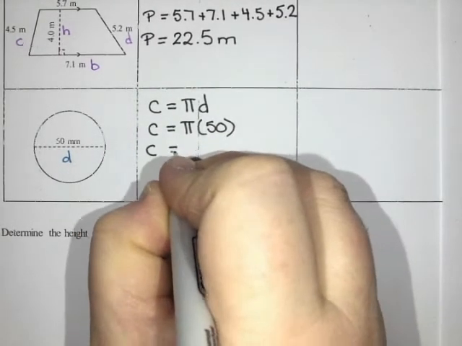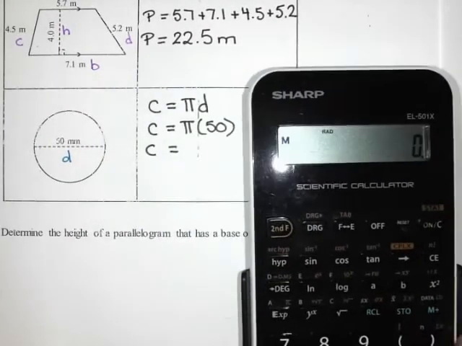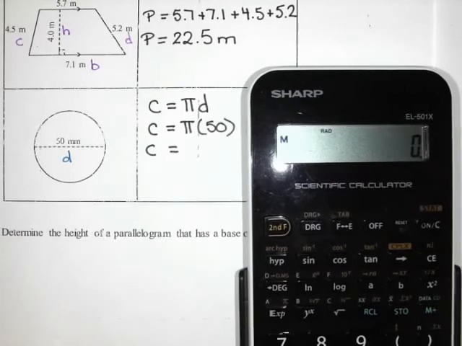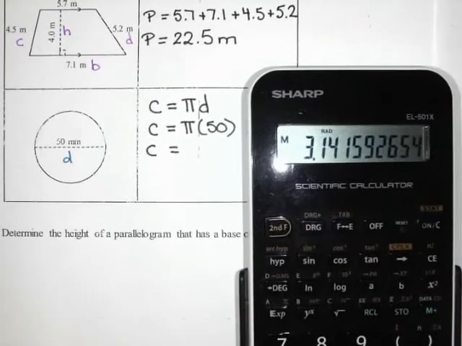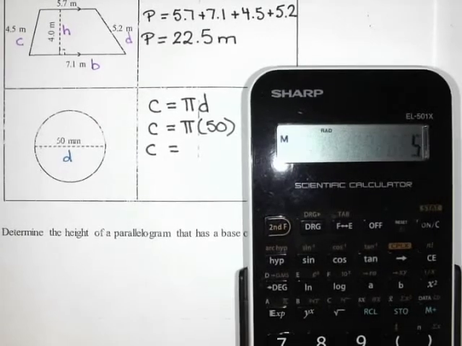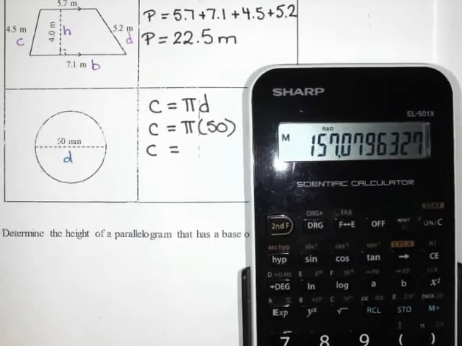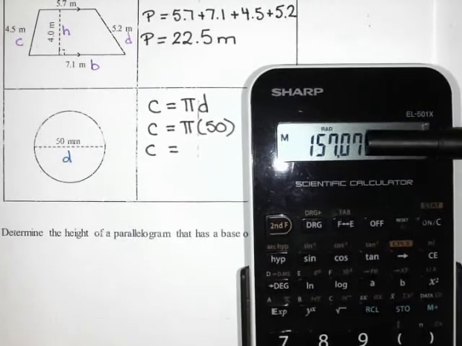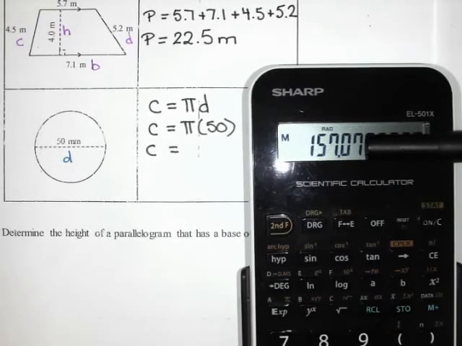Now on my calculator, I have a pi button, so I am going to use that pi button. If you don't have a pi button, I would like you to use 3.14159. So I'm going to do second and then my EXP button to bring up pi times 50 equals, and I get a decimal this time. So I like to keep 2 decimal places, which would be the 0, 7, and then I'm going to peek at the next number. If that number is a 5, 6, 7, 8, or 9, then I'm going to round that up, and it is a 9, so it's going to push that up to